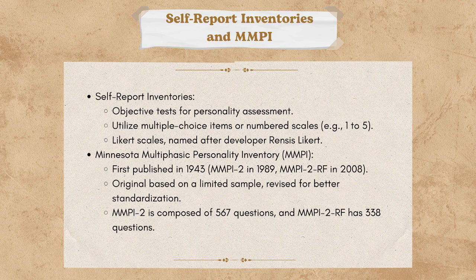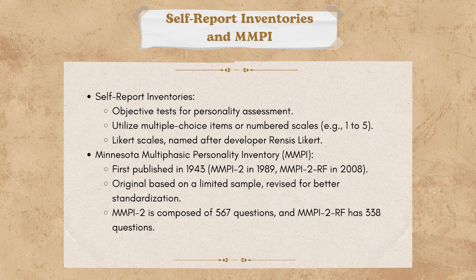Examples of items. Number 1, I work well when I work alone. Give us the answer. Do you strongly disagree? Somewhat disagree? No opinion? Somewhat agree? Strongly agree? Or number 2, I work well with others. Give us your response. They are often called Likert scales, which are named after their developer, Francis Likert,